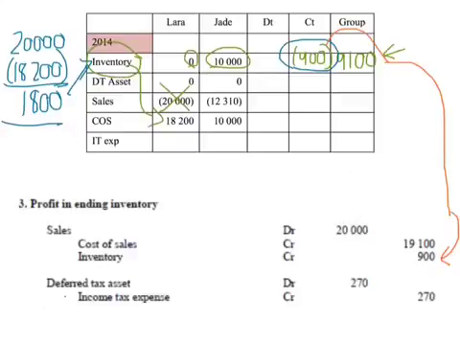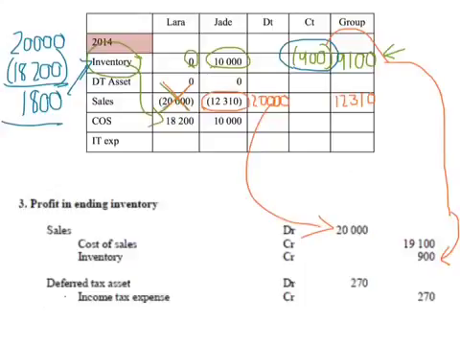The second item is then the sale. So I've already said from a group perspective that intercompany sales transaction never occurred. So from a group perspective, the only realized sales was the sale to the external companies. So we want a sales figure of 12,310 in the consolidated results. To adjust our combined sales, which in this case would be the 20 plus the 12, it's 32,310. To get it to the 12, we need a debit entry on our sales line item of $20,000, which you then see in our